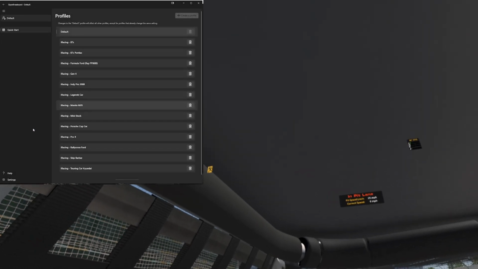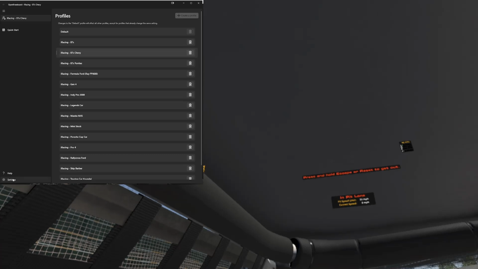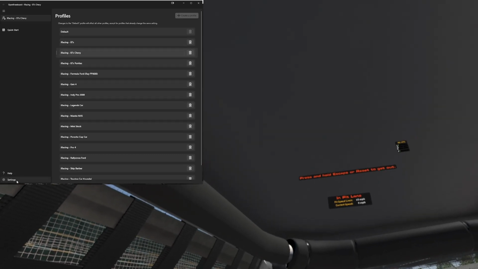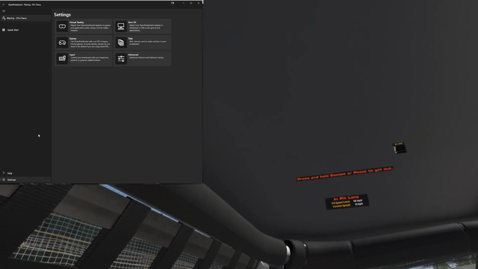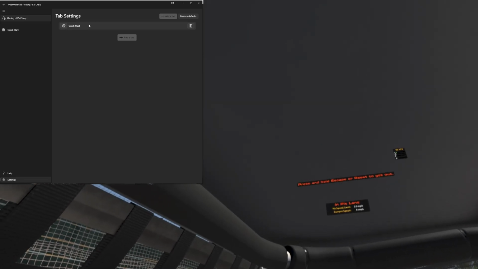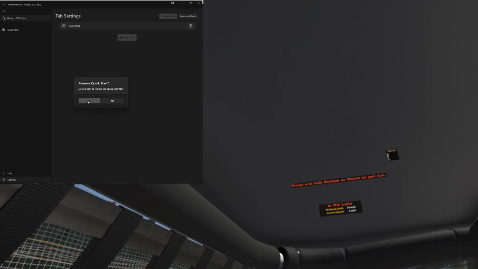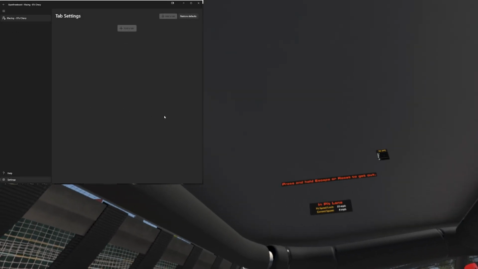create, and now from here it'll pop up. Everything you want is going to be in settings, and then tabs, where we can get rid of this quick start guide. So we can delete that, and then